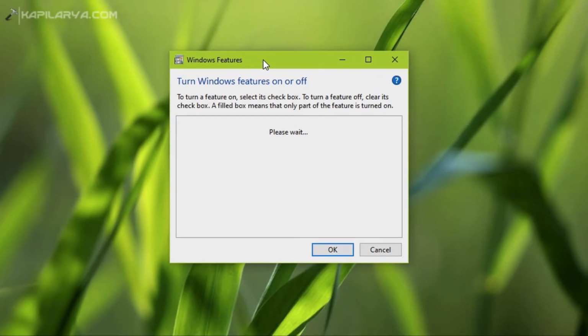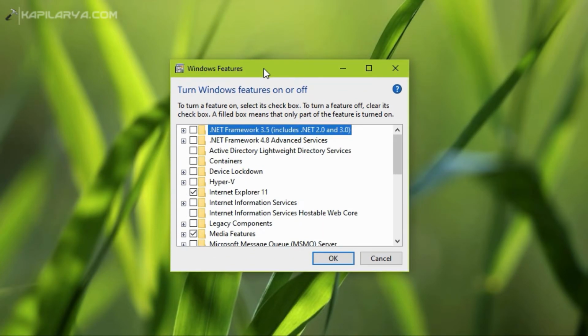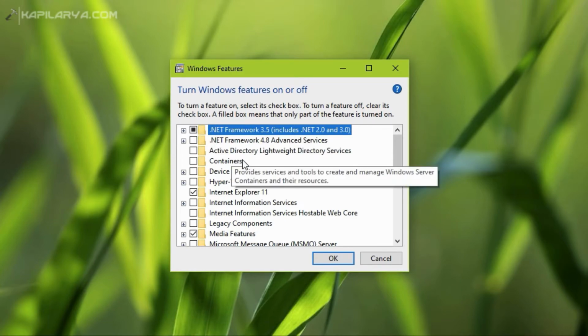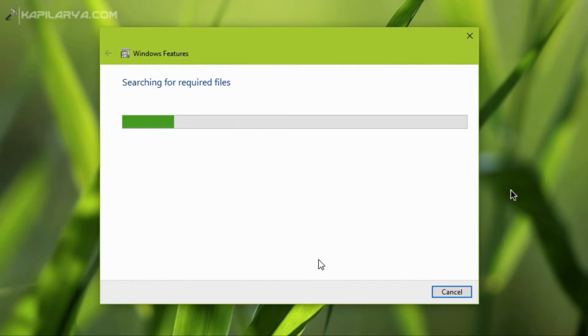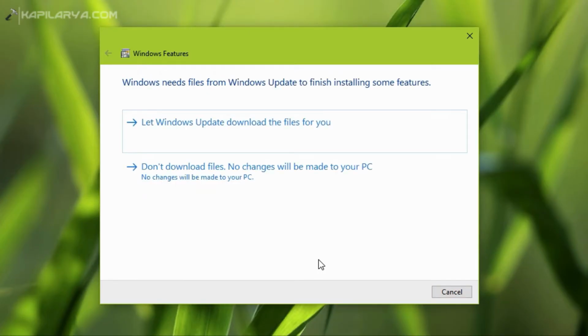In the Windows features screen, the first option is .NET Framework 3.5, which is disabled by default, and if we try to enable it, you get this screen where you have to select Windows Update to activate the feature.